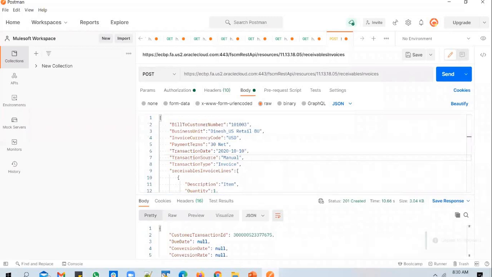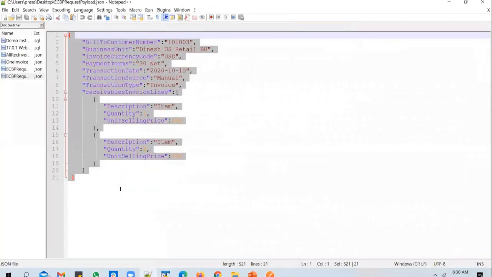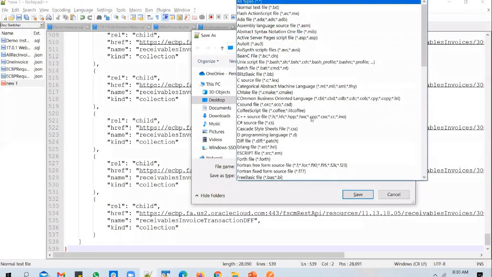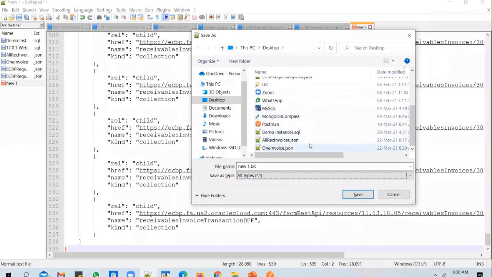So you copy the payload, or the response that you have got back. I can probably save this as ECBP response.